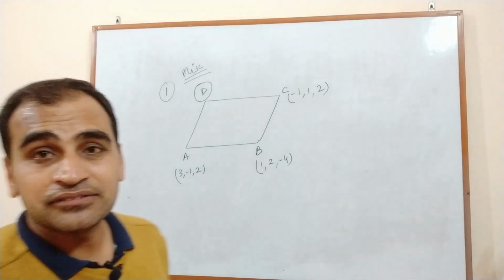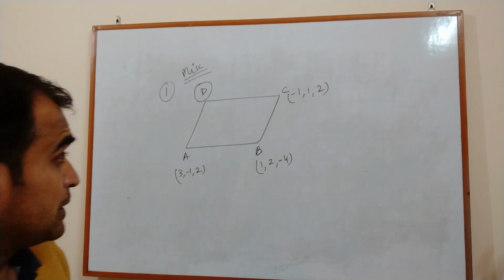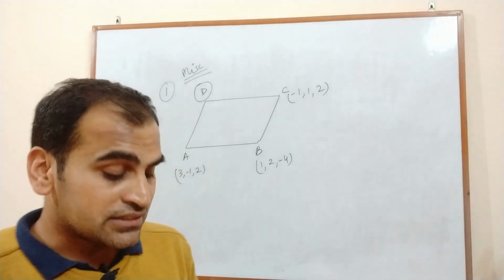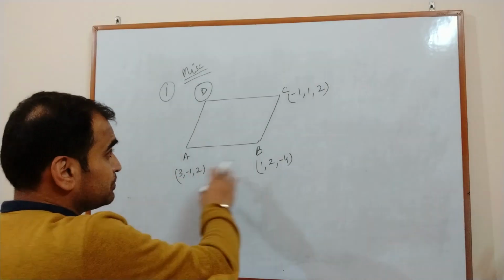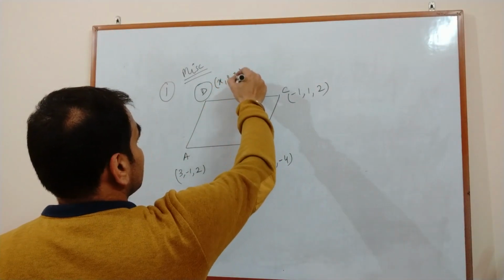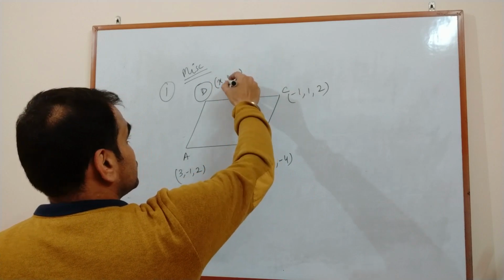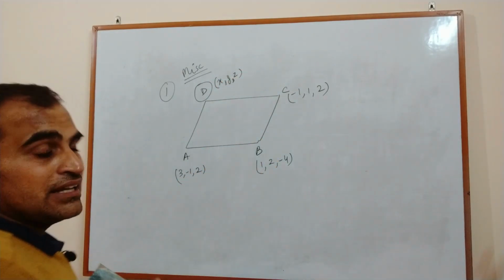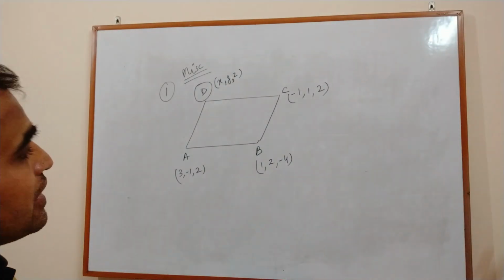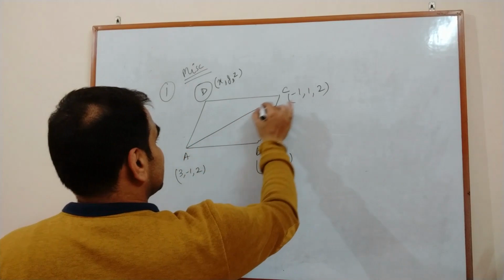So what should we do? If you look at the properties of a parallelogram, the thing that comes to everyone's mind is that we can use a distance formula here. We can calculate AB, we can calculate with this point as (x, y, z) and apply the distance formula, then you will be able to simplify this. No, this is not the correct way. We have another property of parallelogram as well. The diagonals of a parallelogram bisect each other.